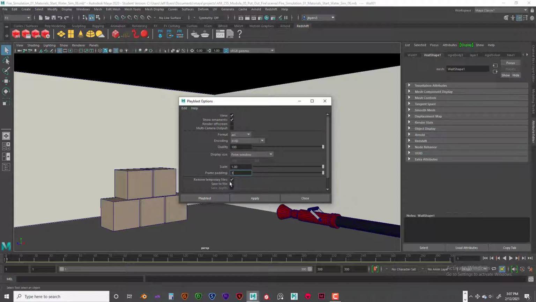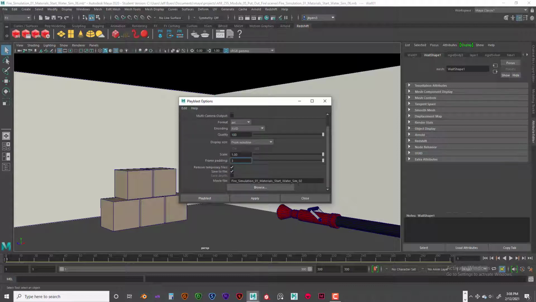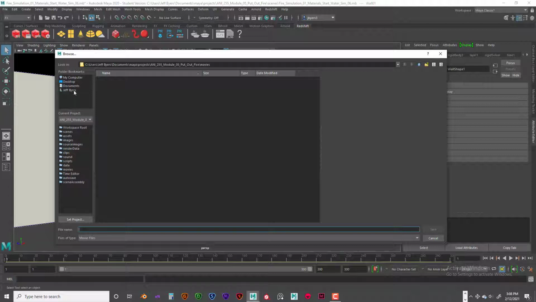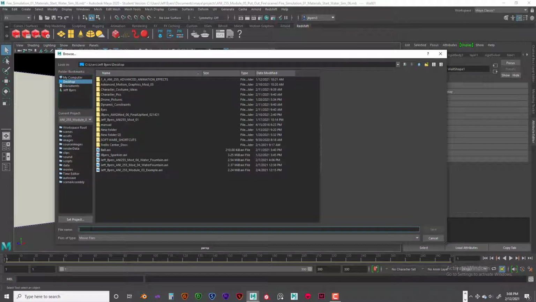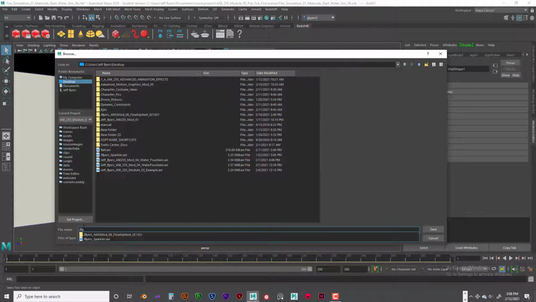Remove temporary files. Yes. Save to file. Yes. Where do you want to save it to? Browse. Let's go to the desktop. And this will be... what do we call this? I totally forgot. Spacing it off right now. Put out the fire. Yeah. So JByers